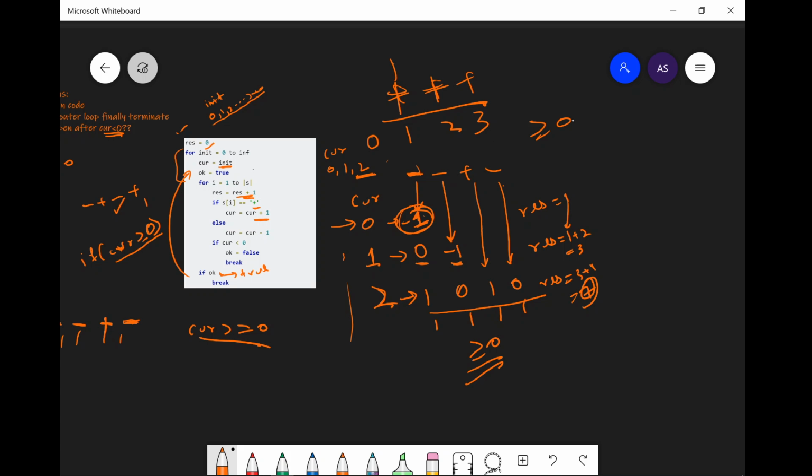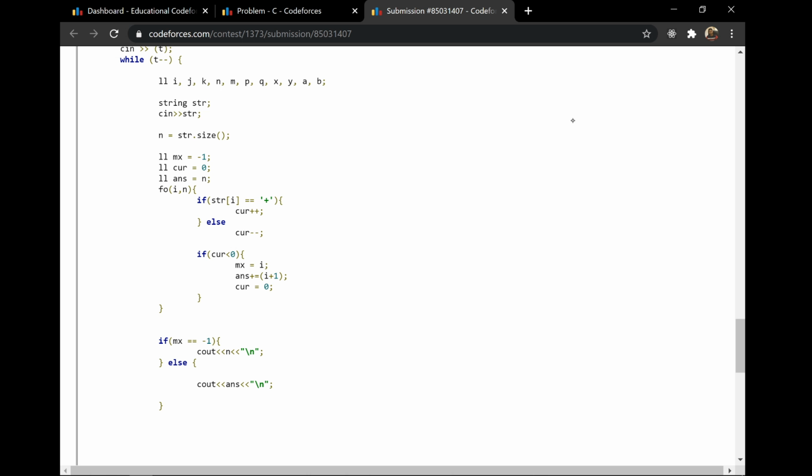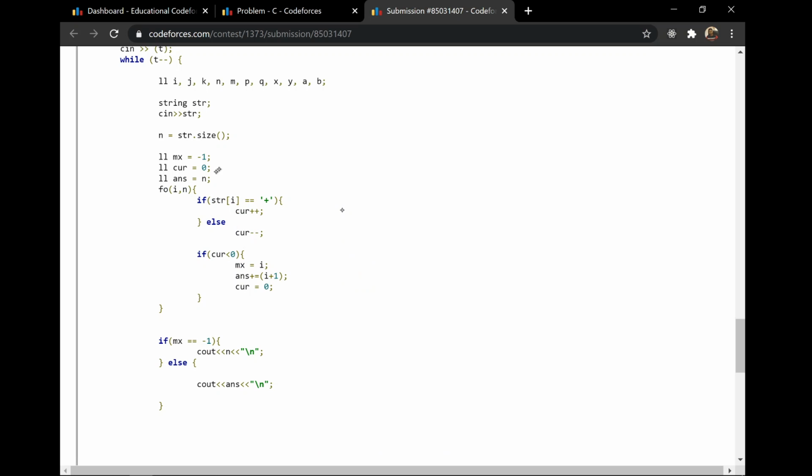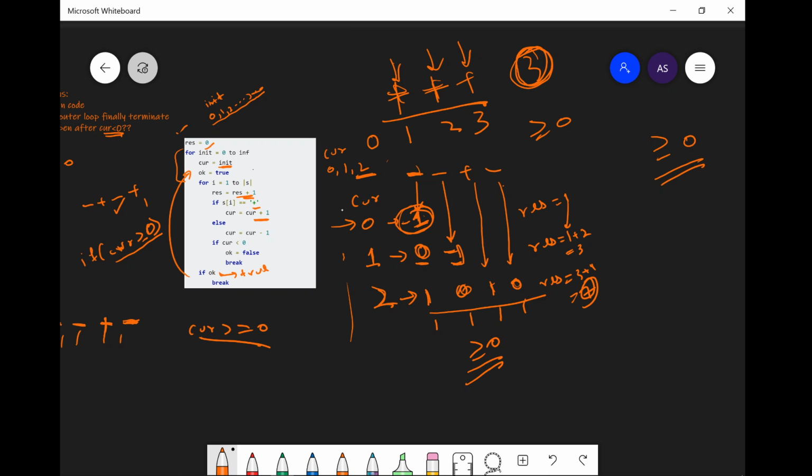That means res would be incremented once here, once here, once here, so it would be 3, which is the length of all the positives. That means if current remains greater than or equal to 0 throughout, then the result would directly be 3. This is what I was checking there. So this was the use of this variable, and this current is basically the sum. That means current is 0, current is -1, here current is 1, 0, 1, 0. So this is to hold that value, and this answer is basically the sum.